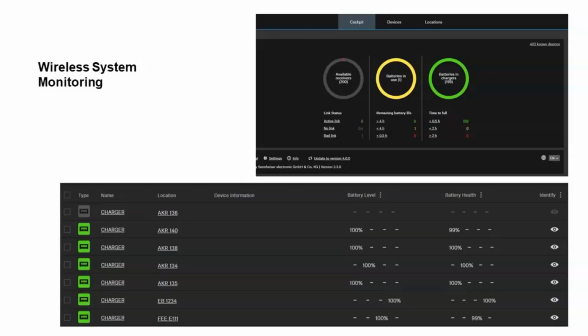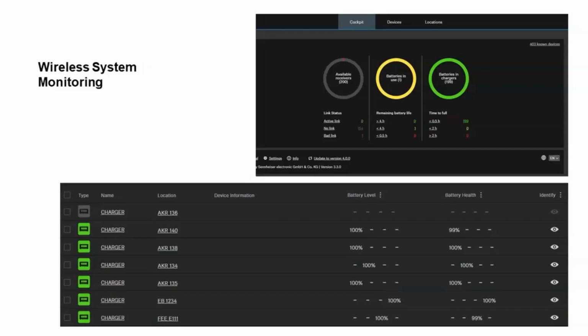So generally speaking, Monday through Friday, in normal times, what we have is a student crew in the evenings who are monitoring through the Sennheiser cockpit, looking at where we might have a microphone that was left off the charger, or we're starting to see potentially a low battery issue or something like that. So the students will go out there, make sure that the microphone is put back into the charger, everything is looking okay, and that's a part of our evening cadence.